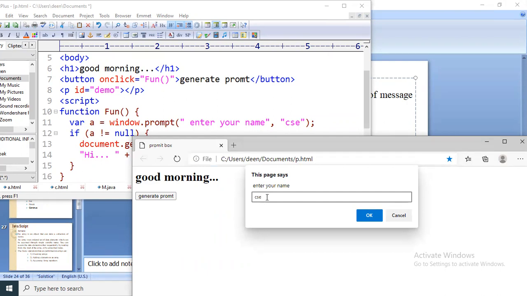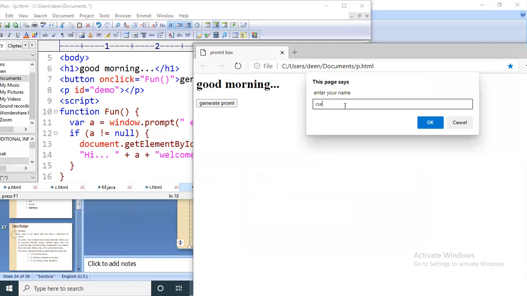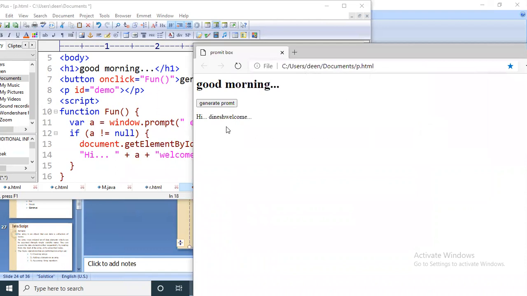So here, if we provide any other value, that value will be assigned to variable A, and if we don't provide any other value, CSC will be assigned to variable A. If I enter my name, Dinesh, and click on the OK button, you can observe it has printed "hi Dinesh, welcome."